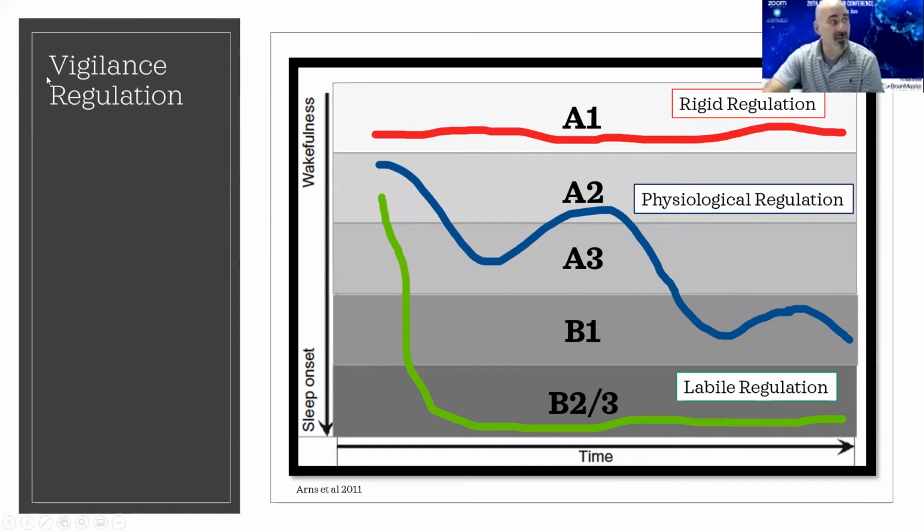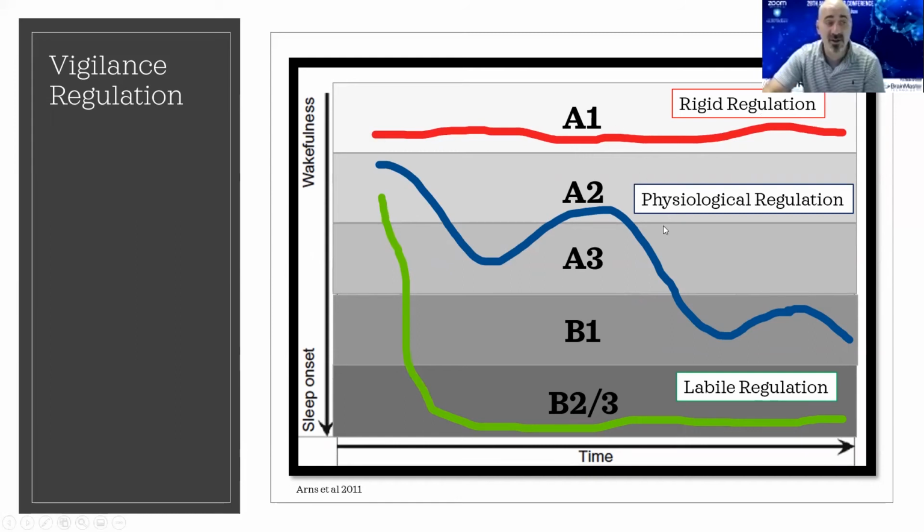So when it comes to vigilance regulation, here we are looking at a case where the grass is often greener on people's own sides of the fence, or that's a pretty common perspective I see. People with a rigid vigilance regulation tend to have this sort of getting it done tempo to life. They tend to be really productive. They also don't sleep that well and don't sleep that much. And they sleep kind of shallowly.